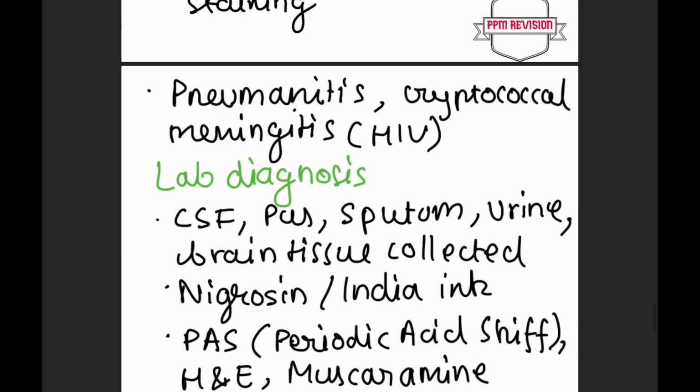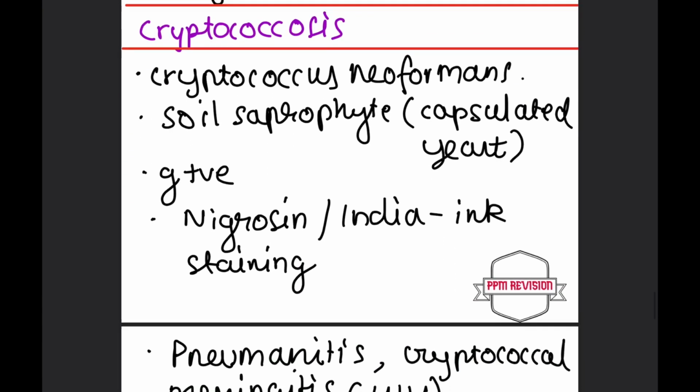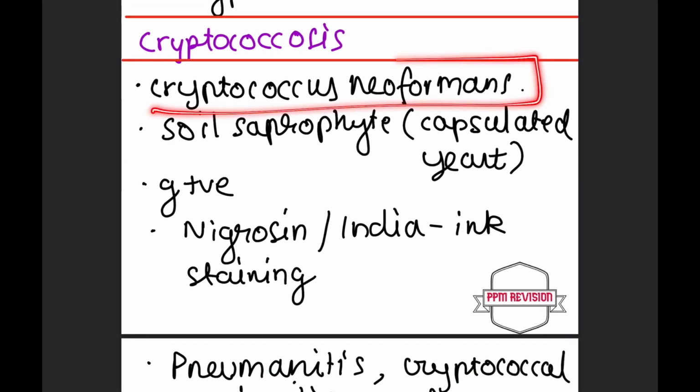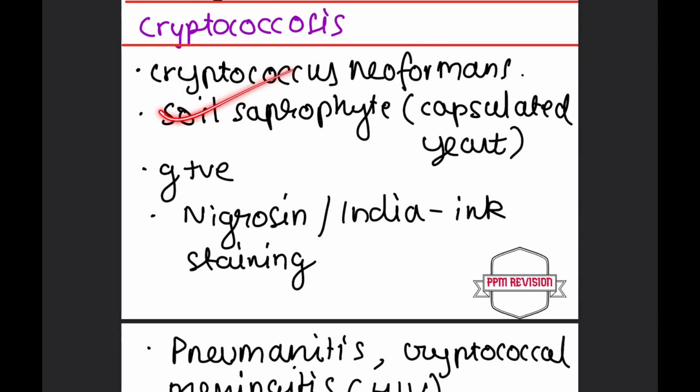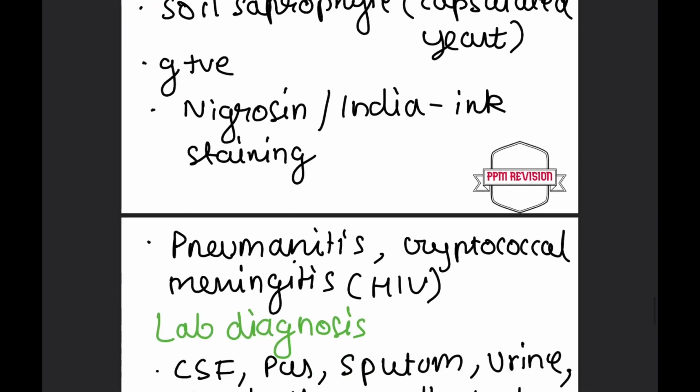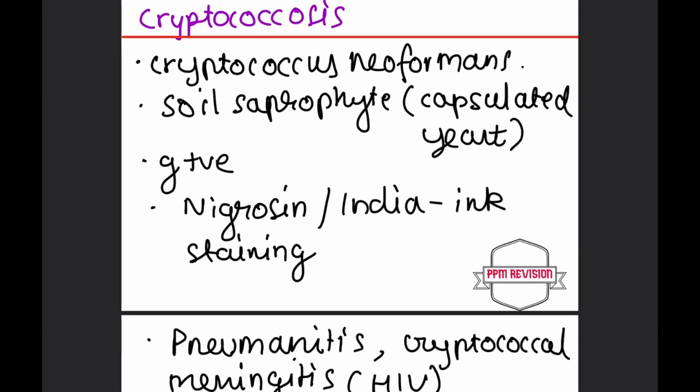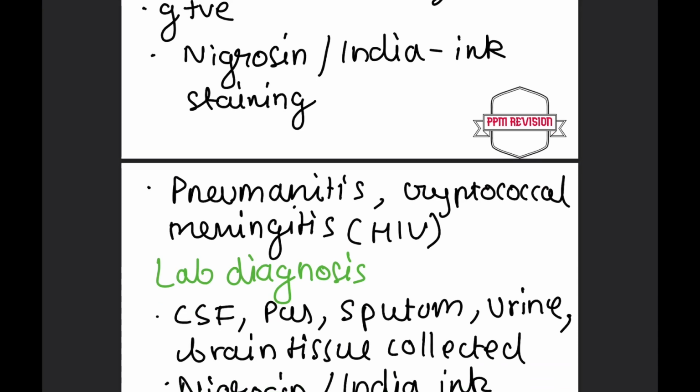There's just one more. Cryptococcus neoformans is the main organism causing this. It is a soil saprophyte, capsulated yeast. It is gram positive. It is mainly stained by nigrosin or India ink staining,